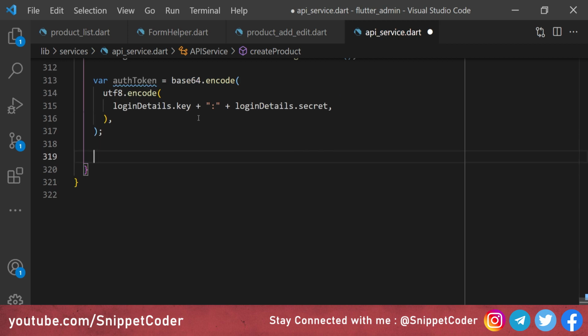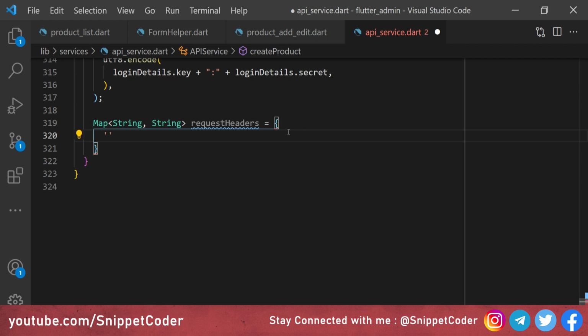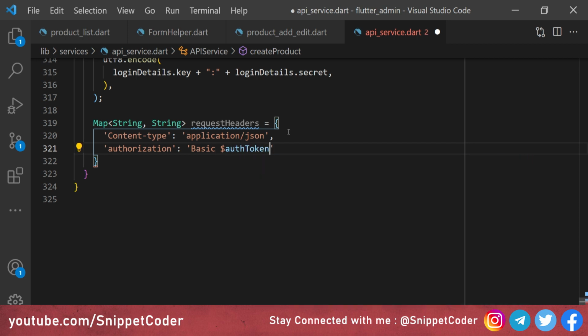Then here we have to create the request headers, map string request headers, and we will create here. First one is a content type, and we are going to provide here application JSON. Then we have authorization, and we are using here basic auth token.